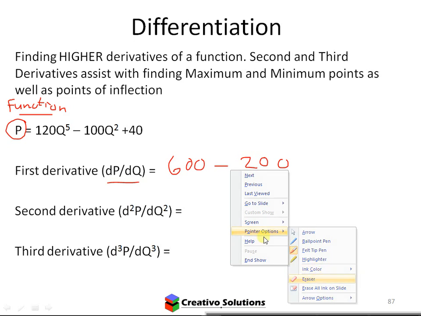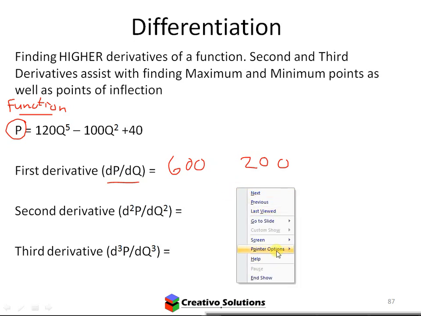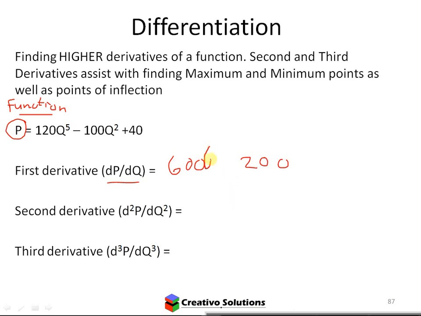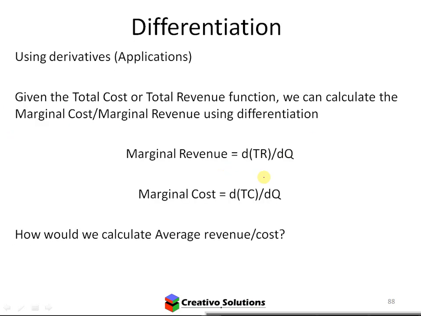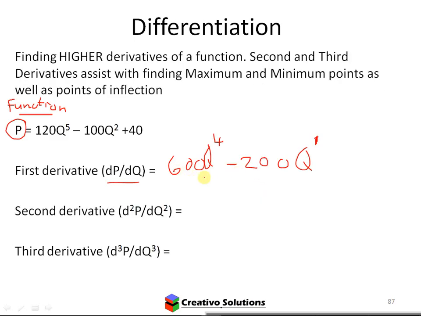Sorry. Forgot the q here. Q to the 4. Then minus, q to the 1. Plus 0. Alright, so 600 q to the 4 minus 200q would be the derivative,